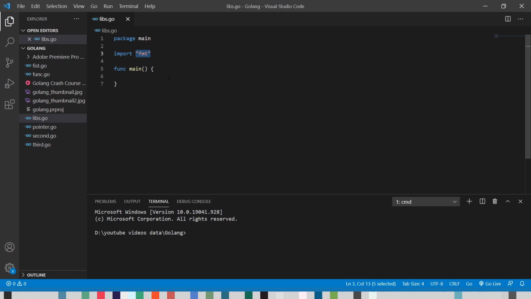But if we want to import further standard library packages, we can do it using parentheses, and I'm going to hit enter, enter, and hit enter, and on the next line I can write another package, strings. Okay, so strings is a standard library which gives us a lot of built-in functions to manipulate data, right? So in the main function, let's initialize a string,